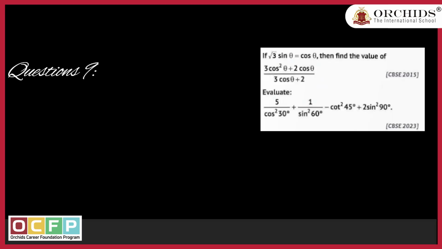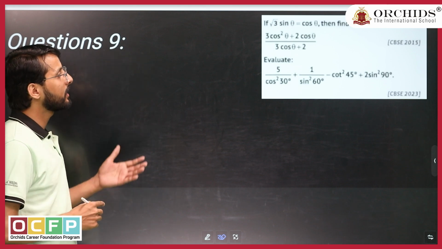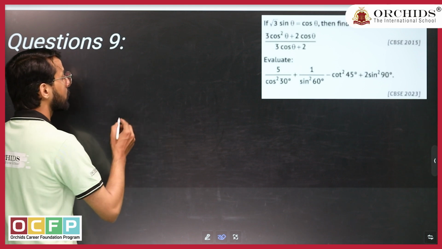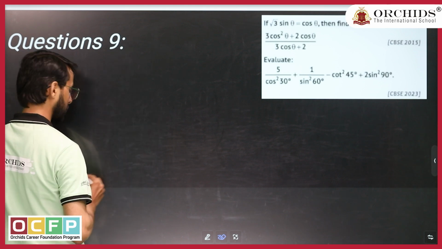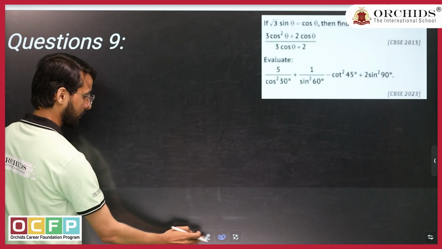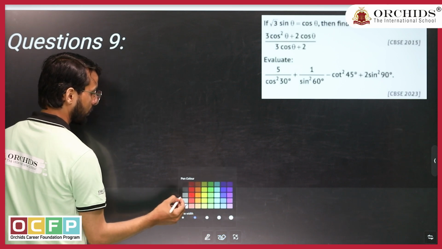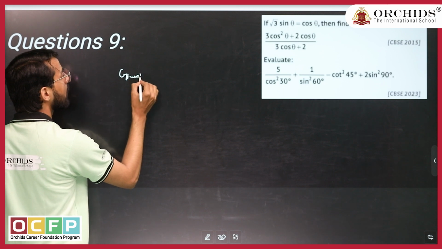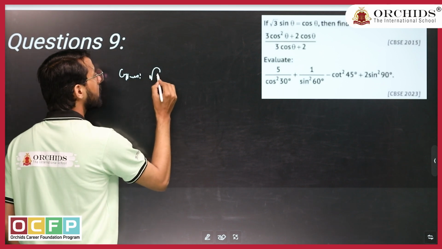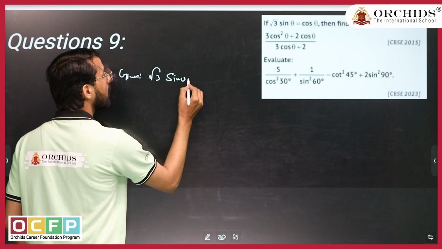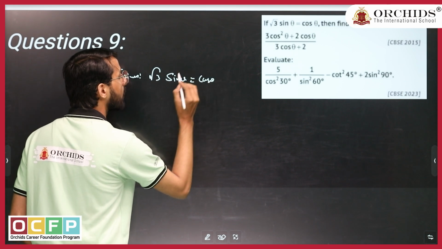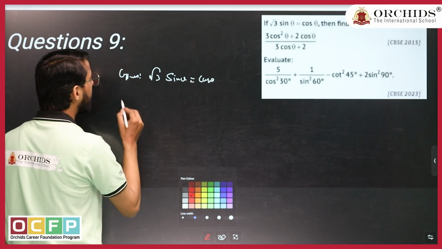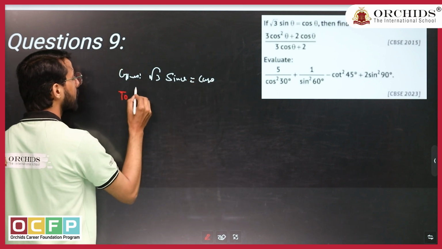Okay, so we move to the next question. First read the question. If root 3 sin theta is equal to cos theta. So let's write first, if. The given part in this question is root 3 sin theta is equal to cos theta. And what do we have to prove in this question? Nothing to prove, just to find the value. To find is